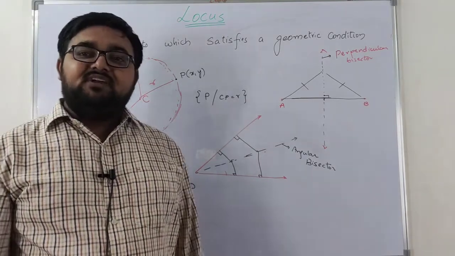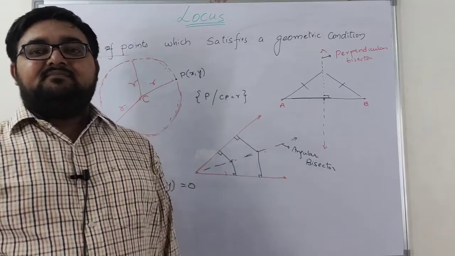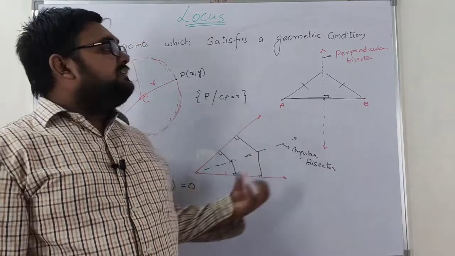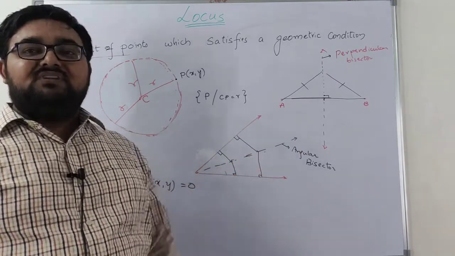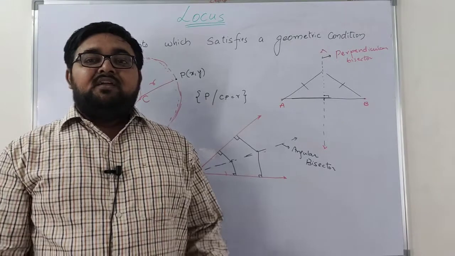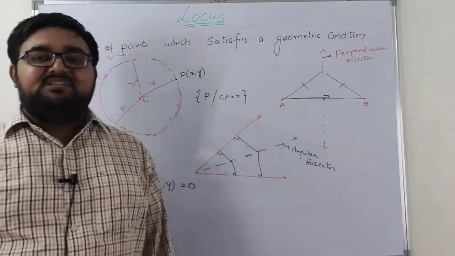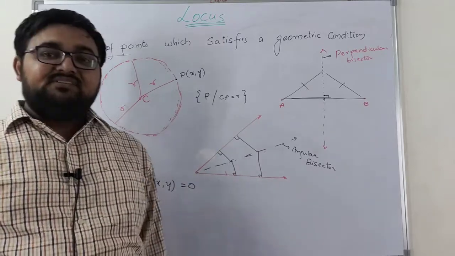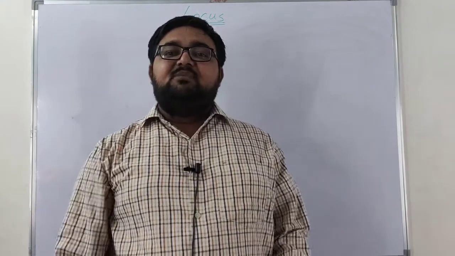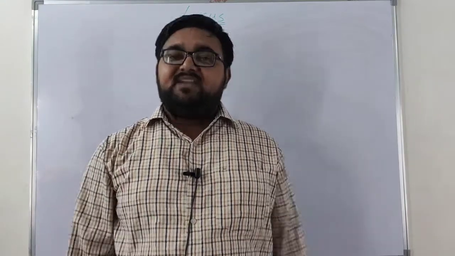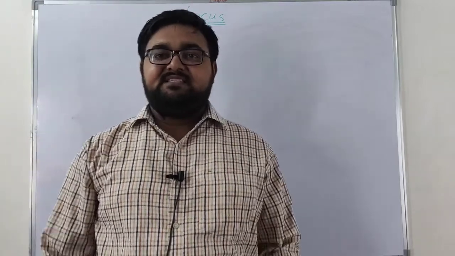So already we have discussed why x and y, because we are dealing with the coordinate system, right? These all are some famous figures which we usually saw in our previous classes, right? That's why we have represented these particular figures. The main intention of this chapter is to represent a geometric condition into its algebraic form. That means we need to represent everything in terms of x and y, right?